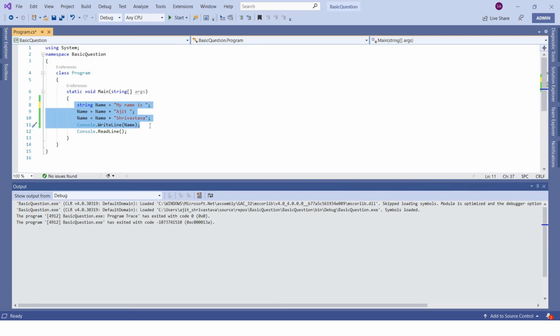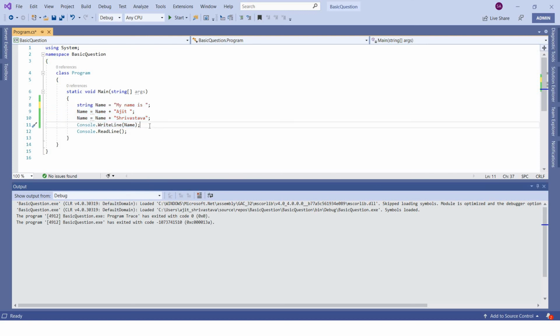Yes, so for that we have another class called StringBuilder. Don't worry about class and all, I'll explain those things in my future video sessions. But for now, you simply understand, whenever there is a requirement of modifying a particular string again and again, you should never use string. You should always use StringBuilder. How to use a StringBuilder?